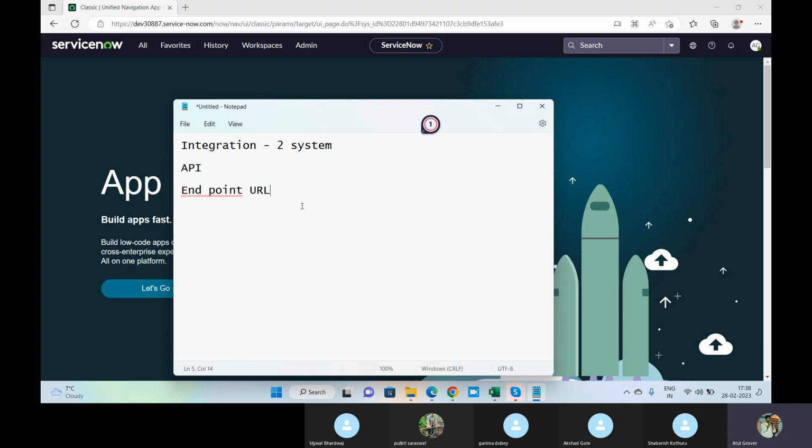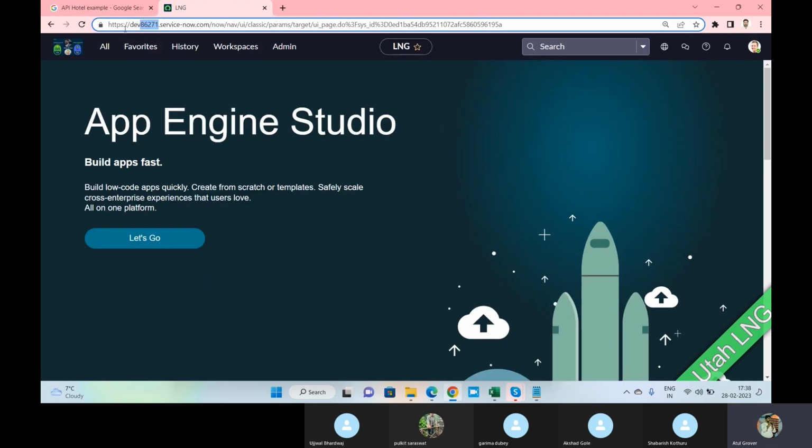Once you get the endpoint URL, then you need to do the table mapping. It means I'm creating a record here, and the same record should get created in the other instance, in which table.